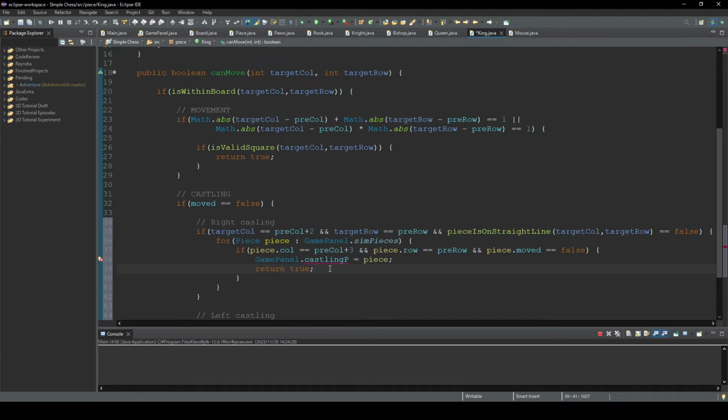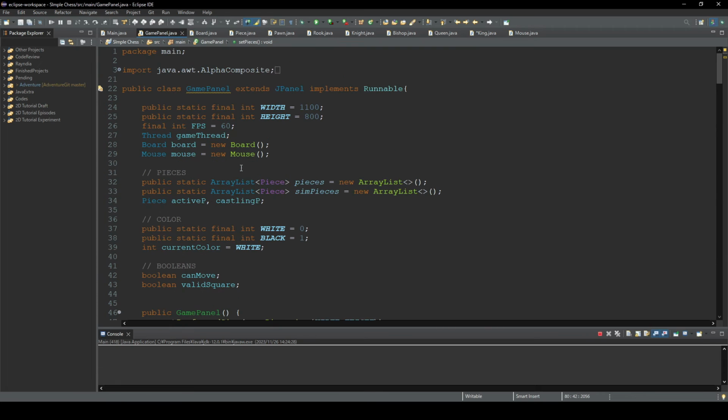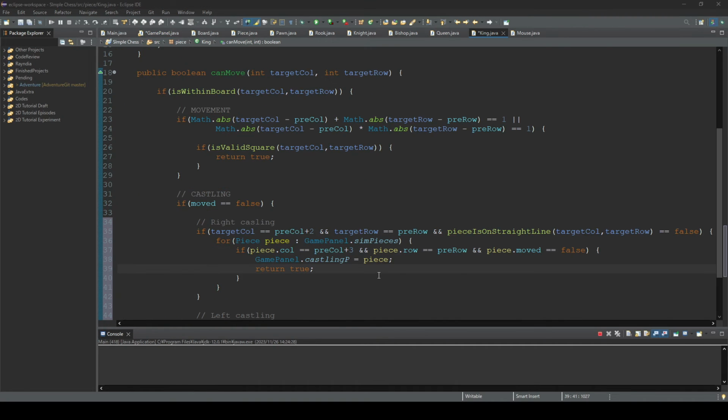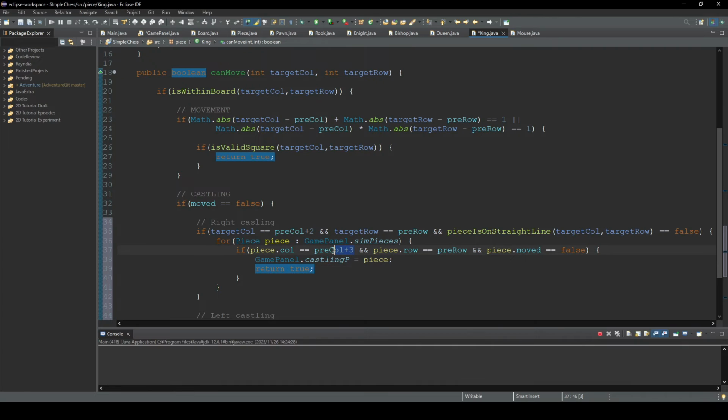Then public piece, castling P. Let's change that. And also static, I think. Static. So we scan sim pieces, and if there is a piece that is 3 squares to the right on